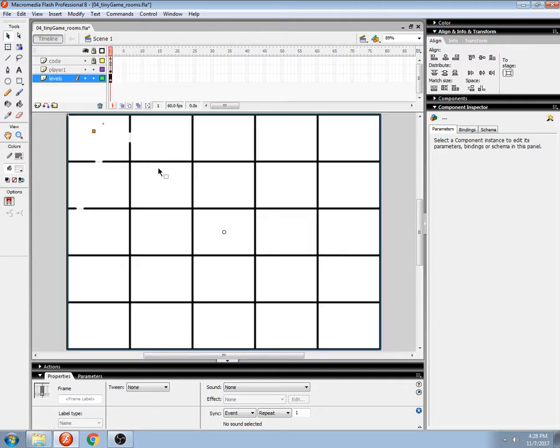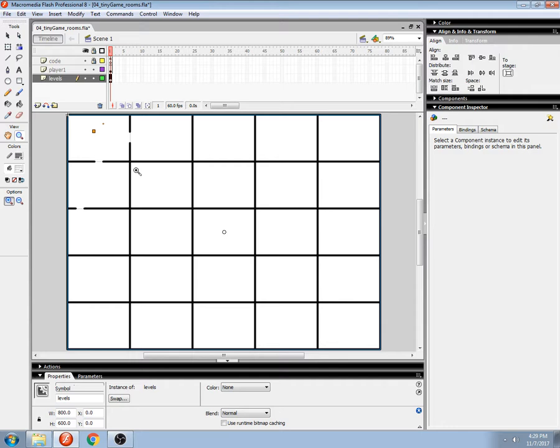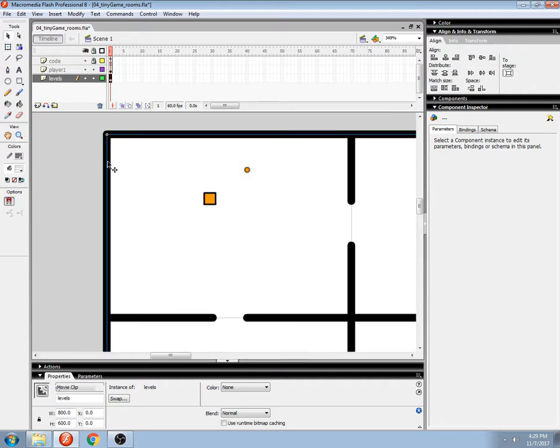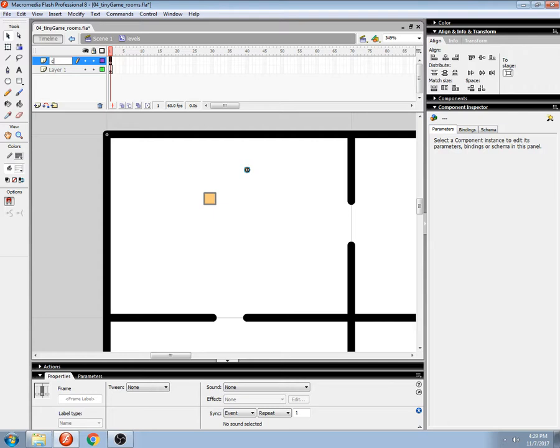So let's take a look now, because there's going to be a problem, because the coin is in the levels symbol, we can't actually go into it, because our code says if you hit anything inside the level symbol to stop the person from being able to move. So the remedy for that situation is, let's go back inside the level symbol. Let's get this coin and cut it and put it on its own layer, and I'll call this layer coins, and then this layer will be the walls,